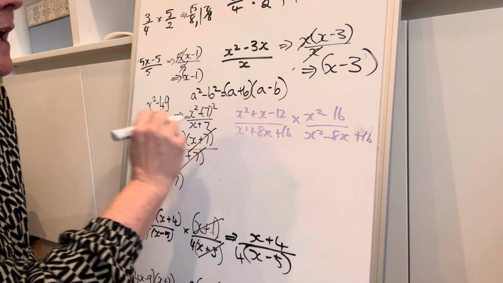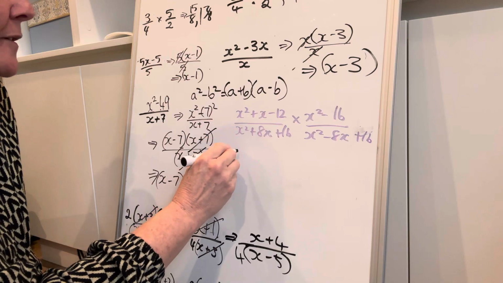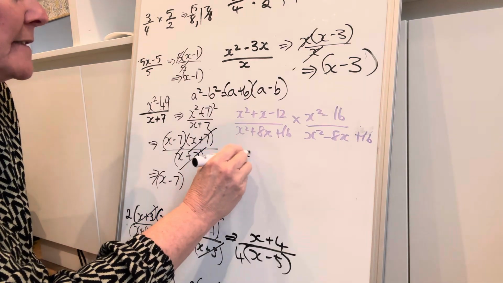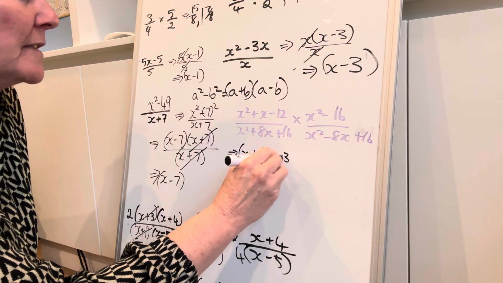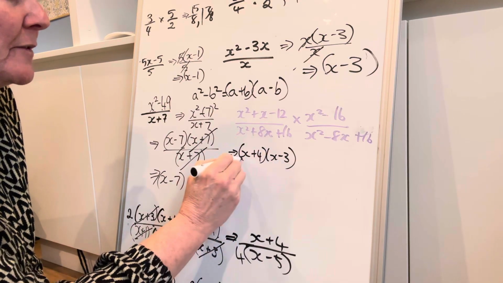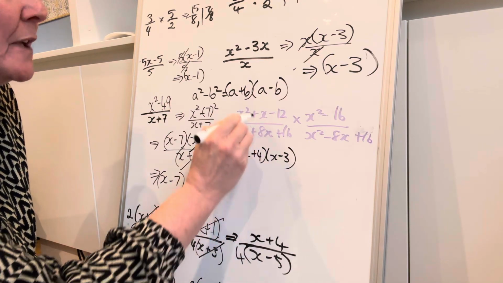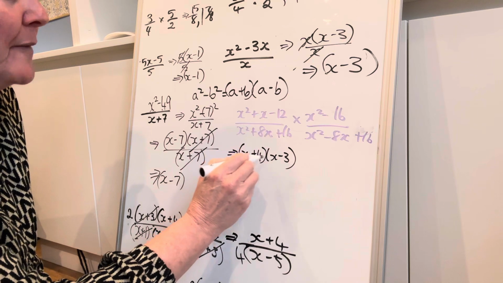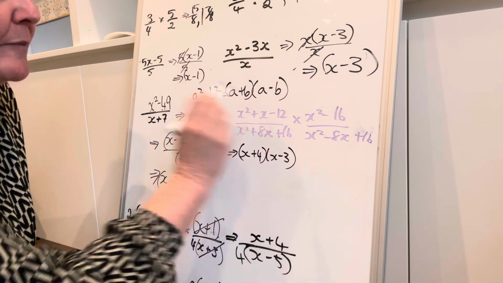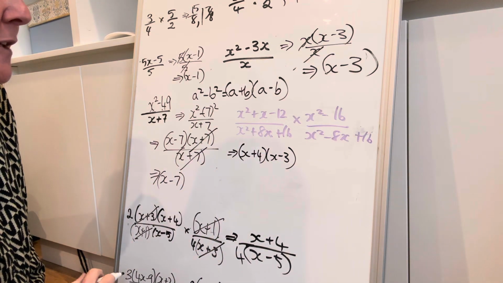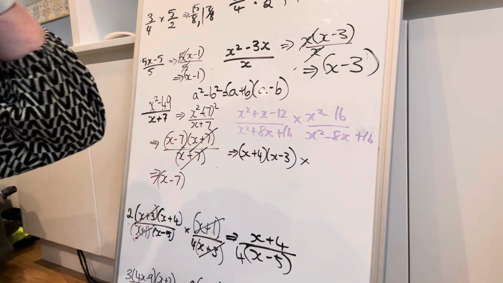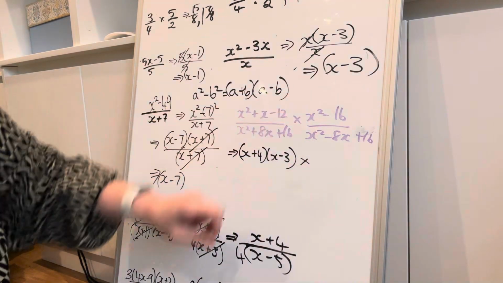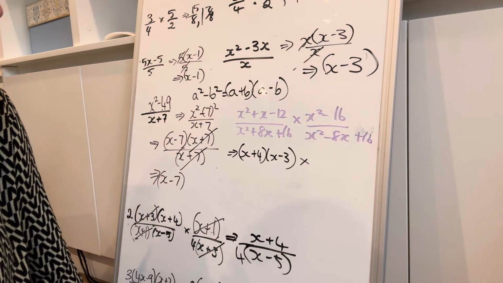3 and 4, but plus 1. So we're going to have x plus 4, x minus 3. So minus 3x plus 4x will give you 1x. Minus 3 times 4 is minus 12. Looks like we're on the right track. Times over here. And look at this. We've got something that looks like a perfect square. So there's a little bit of work to do in this question to be able to get all those factors